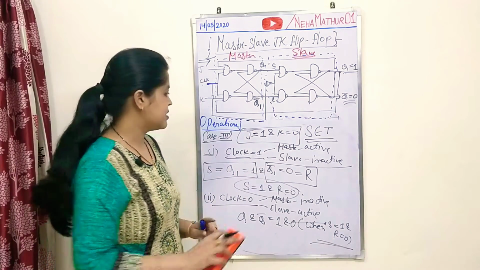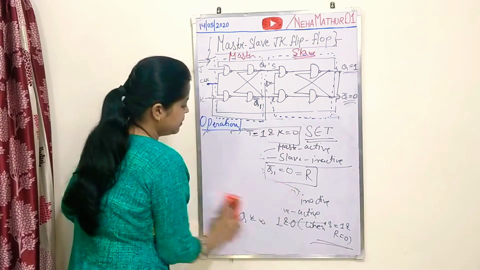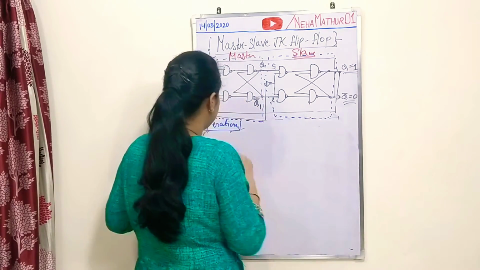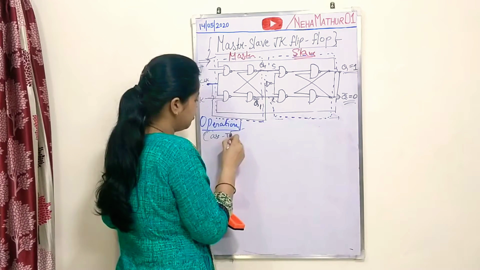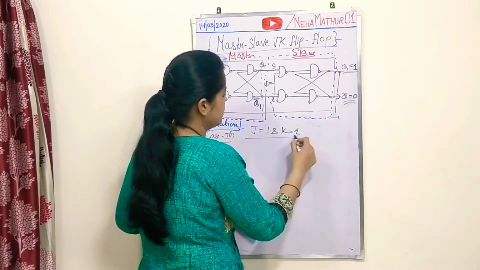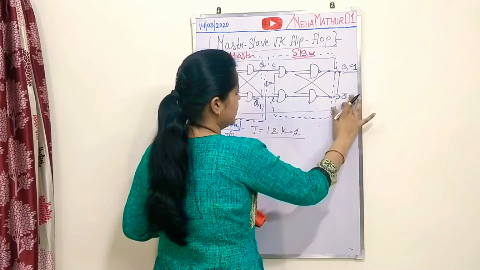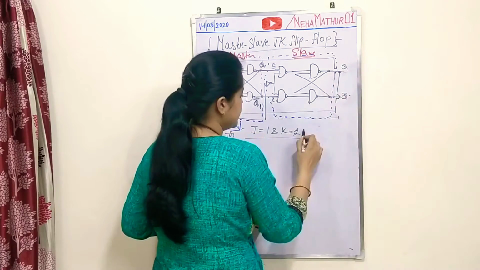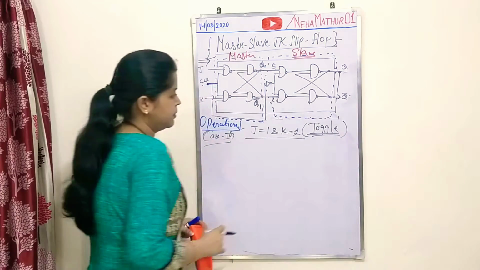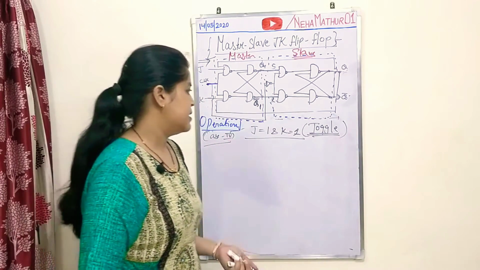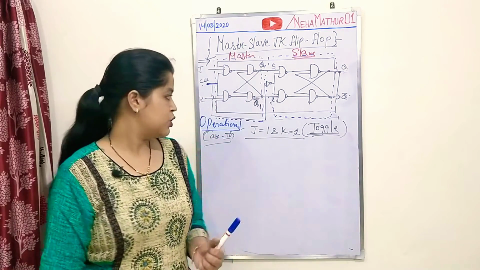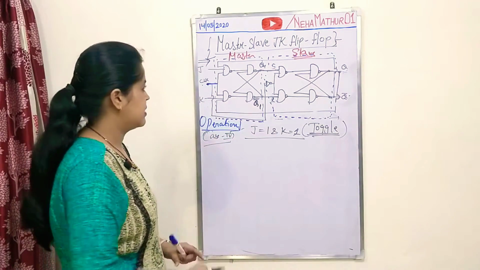Now the last case of your JK flip flop, in which you have J and K both equal to 1. Your J is 1 and your K is also 1. Now what will be the output? Let us check. Since this is the toggle state, a state in which you were getting the race around problem in your JK flip flop. So now we will study this case.